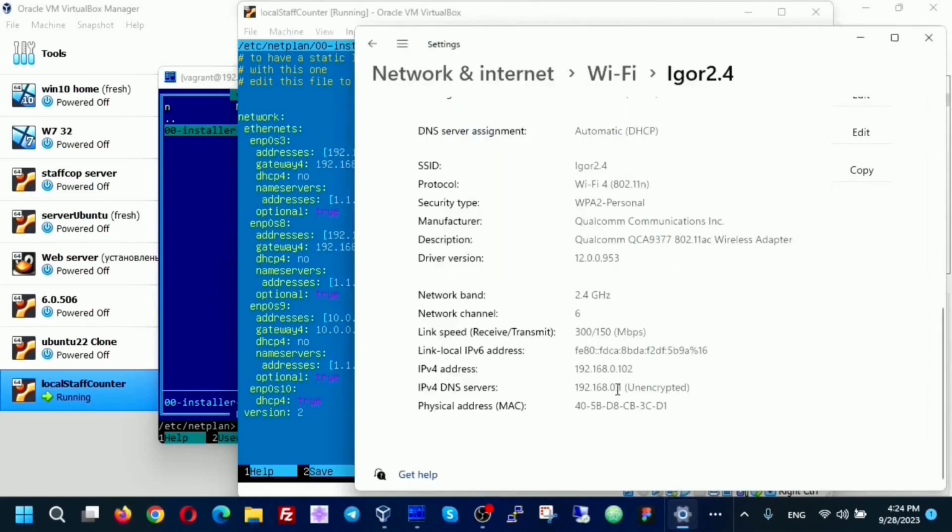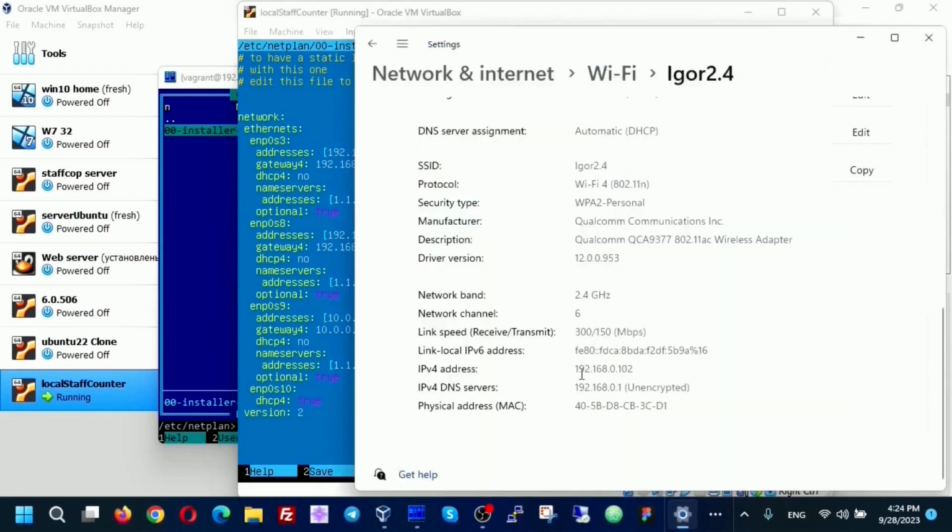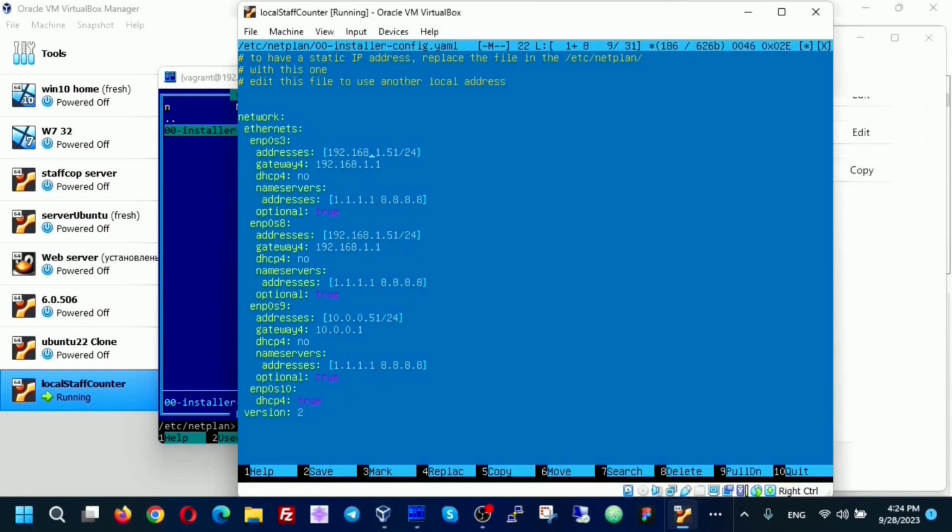If we have not 0 but 1, then here in the first 2 lines should be not 0 but 1. If in your network you have other numbers, not 192, 168, then these numbers should be written here as well.